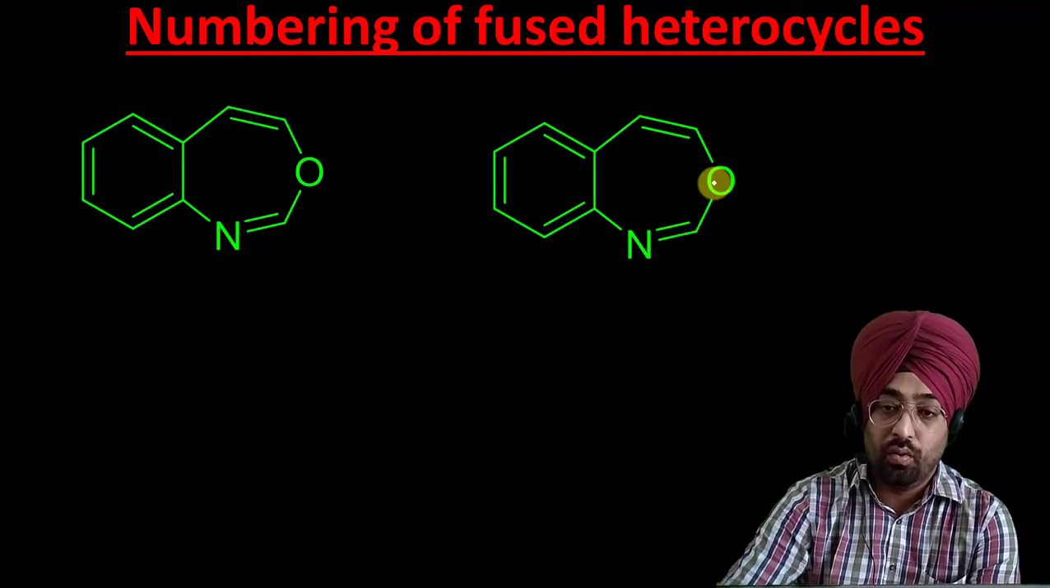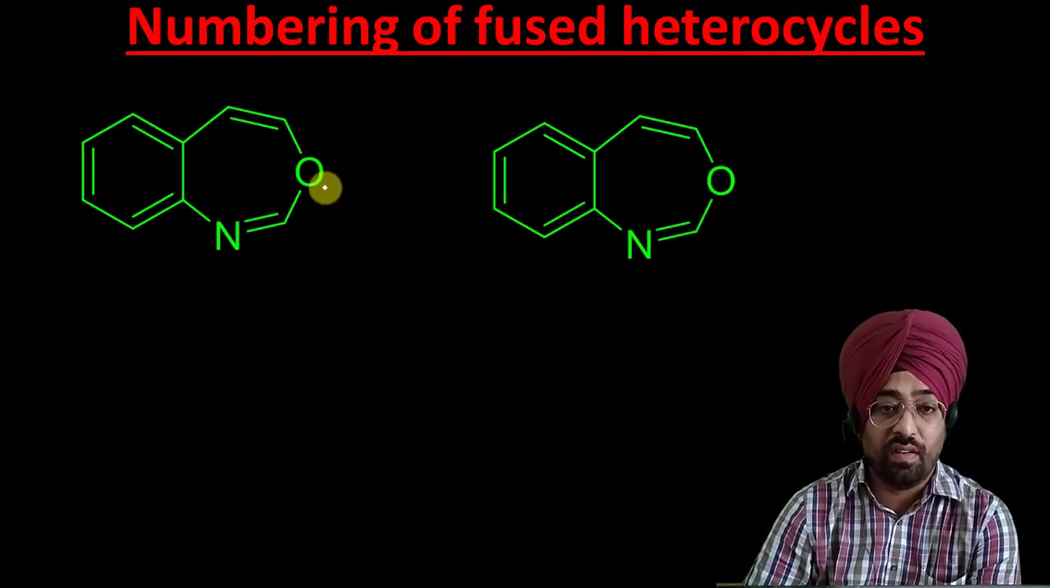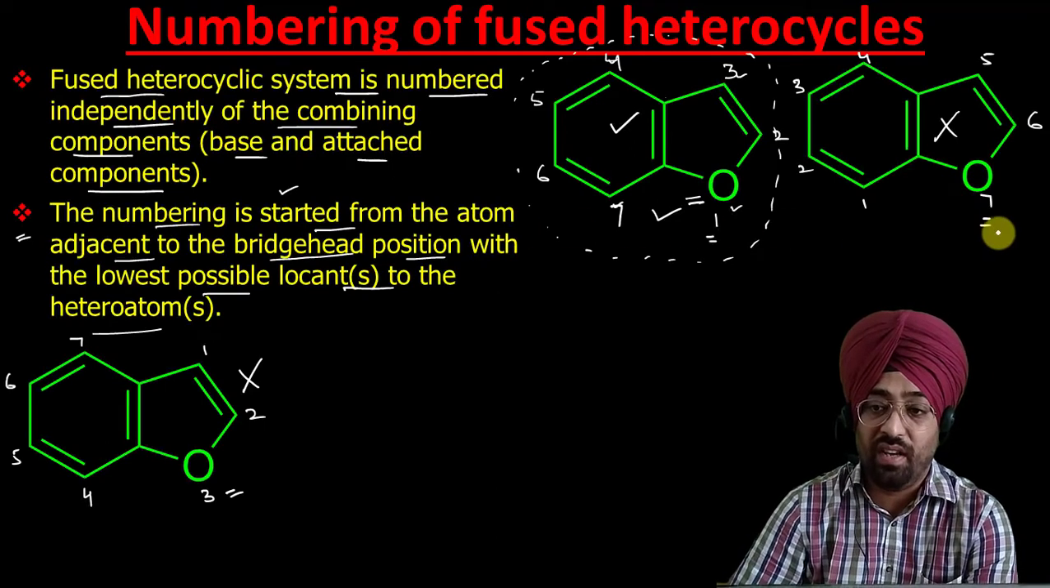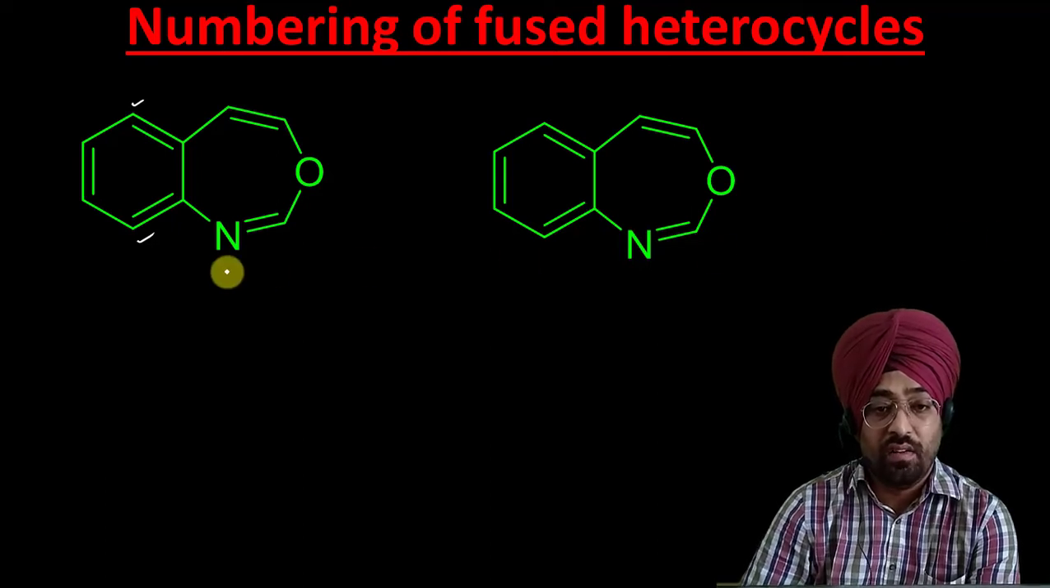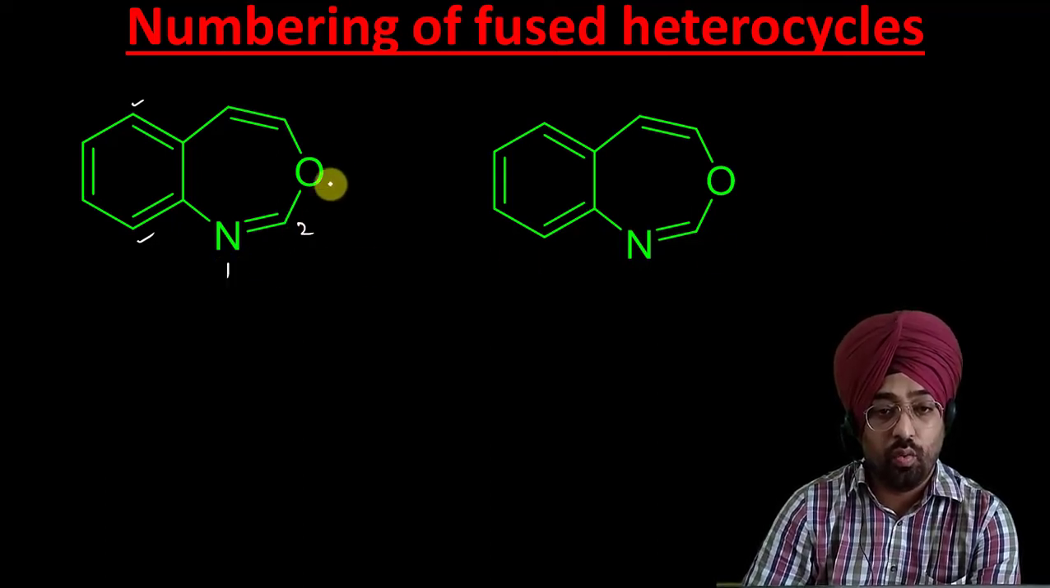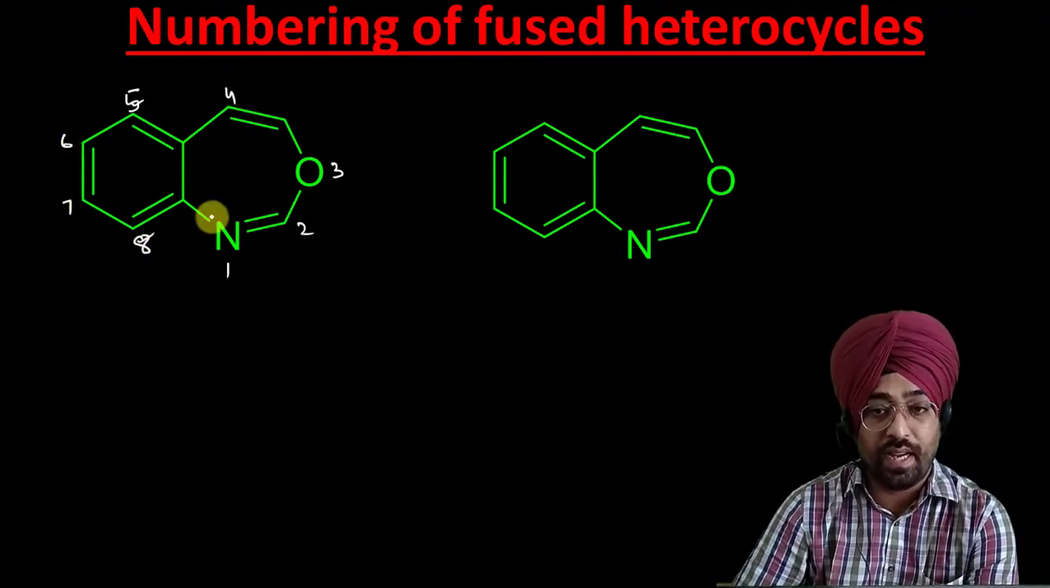Let us do another example. Here we can start from any atom adjacent to the bridgehead. It is not good to start from these heteroatoms, as we have seen in our previous slides, because they will give a higher locant to the heteroatom. So I will not consider these cases; I will consider only these two cases. One is 1 2 3 4 5. We don't have to number these bridgehead carbons. 6 7 8. The second possibility is 1 2 3 4 5 6 7